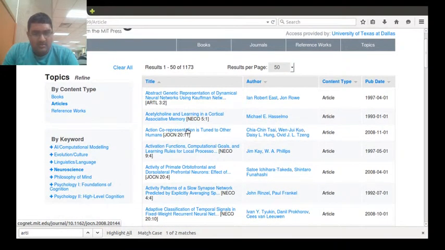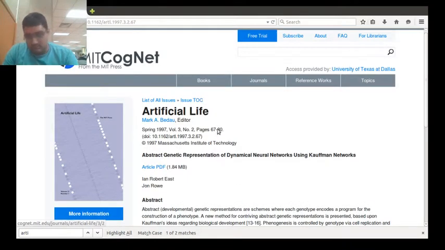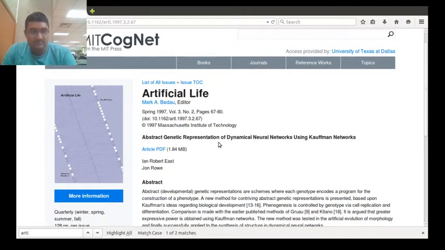All right. Okay. Click on any article. Okay. So now, what is the first thing you think of when you hear the term neuroscience? Brain.